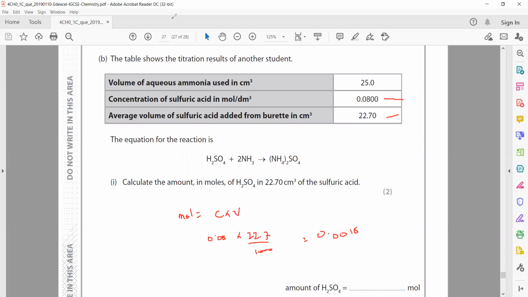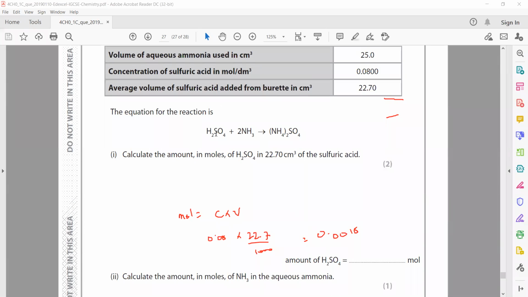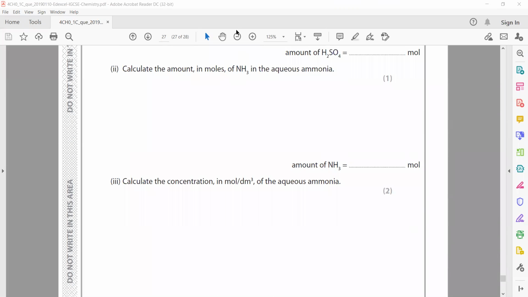Then moles of ammonia in the next part. Because the ratio is 1:2, ammonia moles will be twice this number. So we'll use a ratio between sulfuric acid H2SO4 and ammonia. From the equation, it is 1:2. So if it is 0.0018, this will be times 2, so 0.0036. We have the moles now, and the volume of ammonia which we used for the experiment,